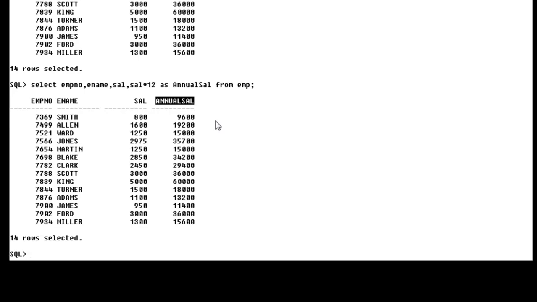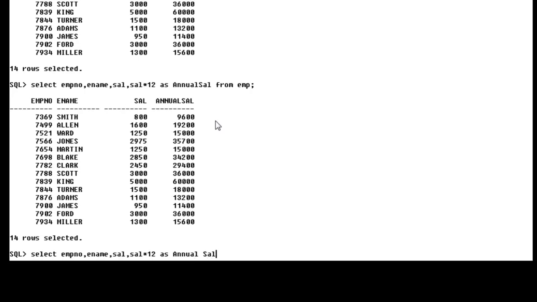If you want to set any heading with a space in between the title, you just use double quotes with the column alias. For example, select EMPNO, ename, SAL into 12 as, I want to set annual SAL with one space. Annual SAL. Look at here.